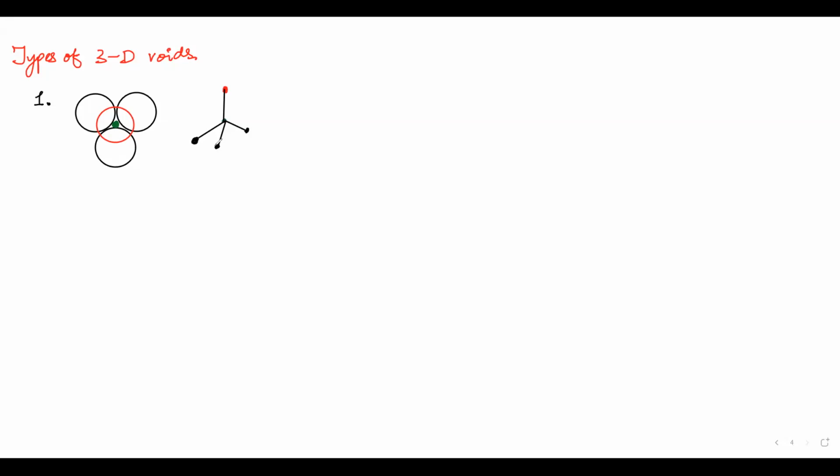Now, what do you think is the shape? Like a pyramid? We have a better name for this. Trigonal pyramid. It is tetrahedral, na? CH4 is like this only. Correct? So what about trigonal pyramid? No, trigonal pyramidal is different.